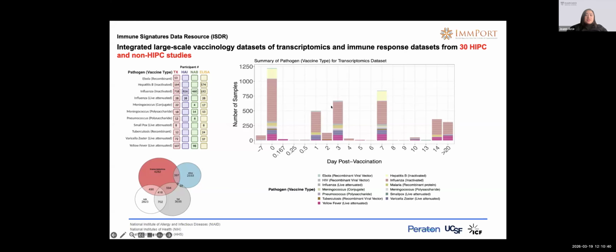This particular slide gives you a sense of the scale and the breadth of the ISDR. On the left panel, you can see the participant count broken down by pathogen, vaccine type, or assay modality, which includes transcriptomic, HAI, or hemagglutination inhibition assay for influenza. For those that are non-influenza studies, we do also have neutralizing antibody and ELISA, which probably captures, for example, IgG and other components. As you can see, studies of influenza vaccines are highly represented, but of course, we're also capturing